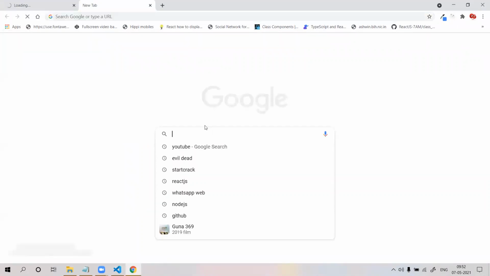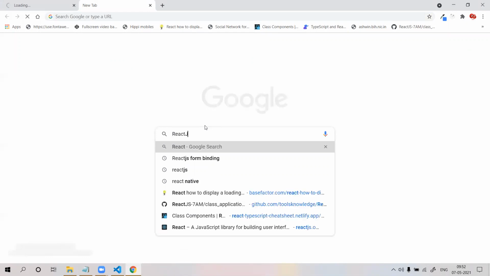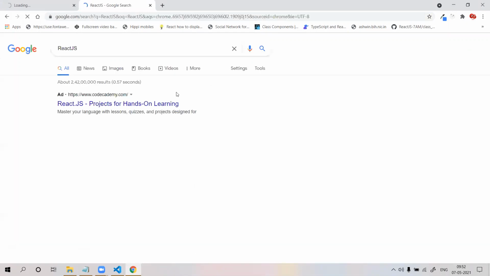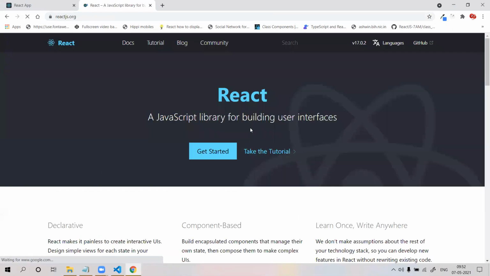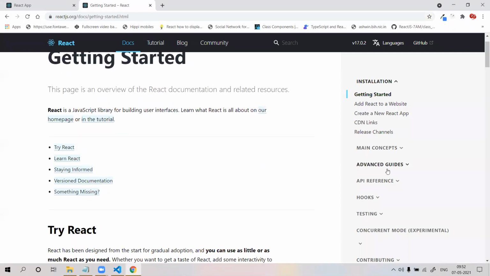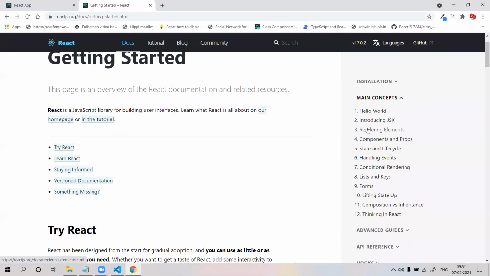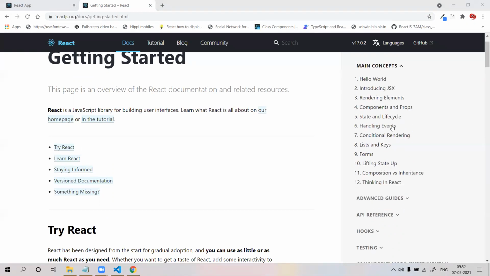Open the React.js official website to see what this conditional rendering is. React.js.org, go to docs. Inside docs, main concepts: rendering elements, components and props, state and lifecycle, handling events are done.